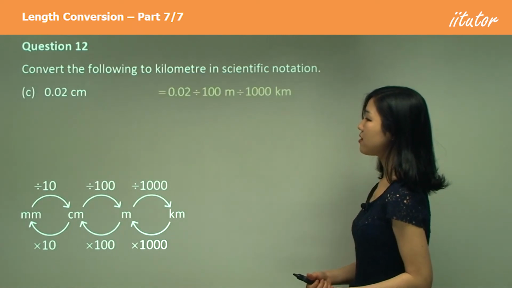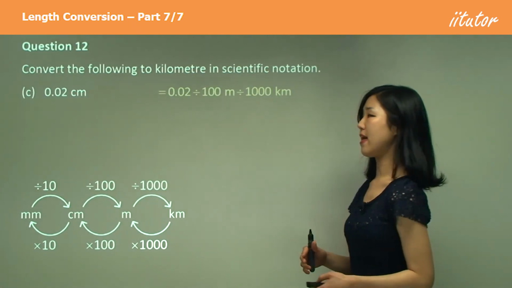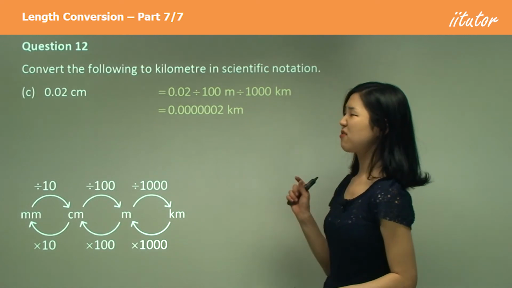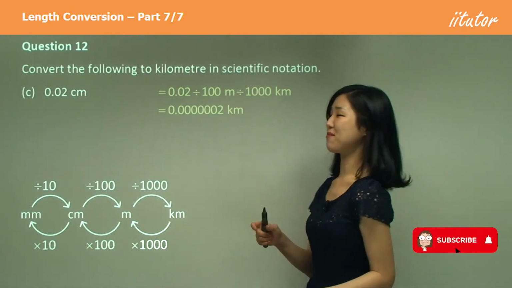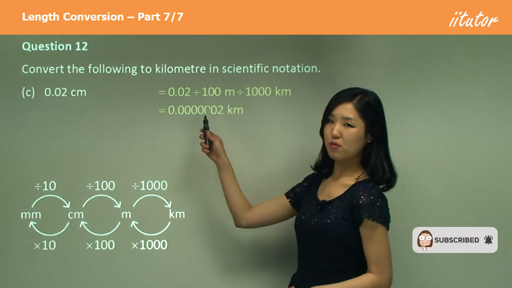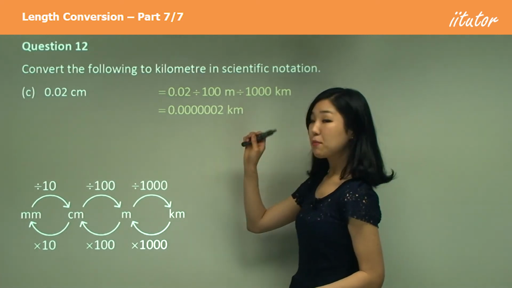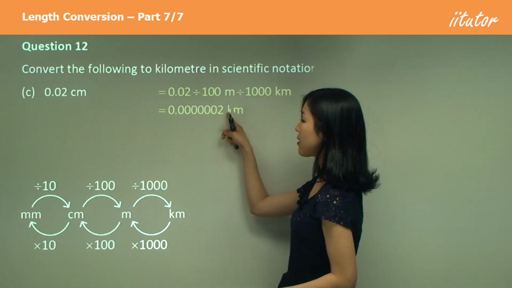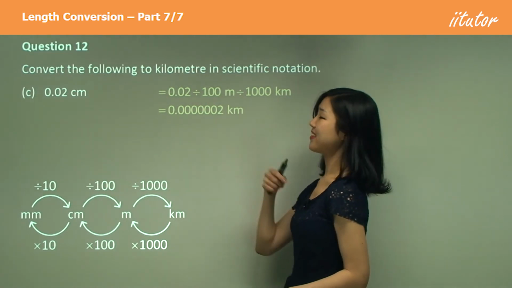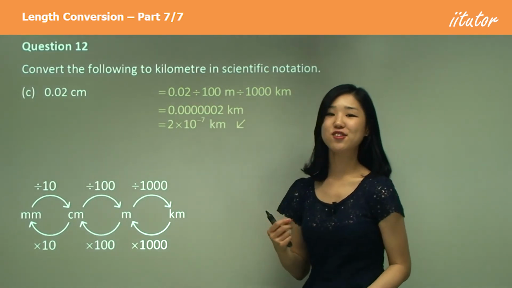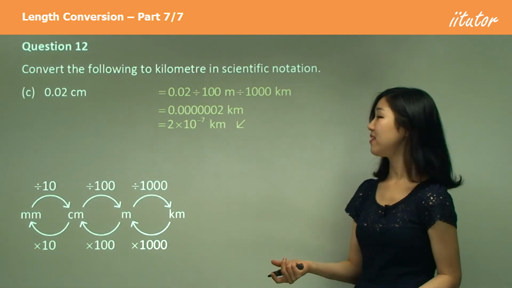Centimetres to kilometres, divide by 100, divide by 1,000. And then you get a really, really small decimal number. It's a very small number, isn't it? Very close to 0. So again, put the decimal in front of 2, and guys, count yourself how many places we need to go backwards. I got 7. So 2 times 10 to the power of negative 7. Okay,